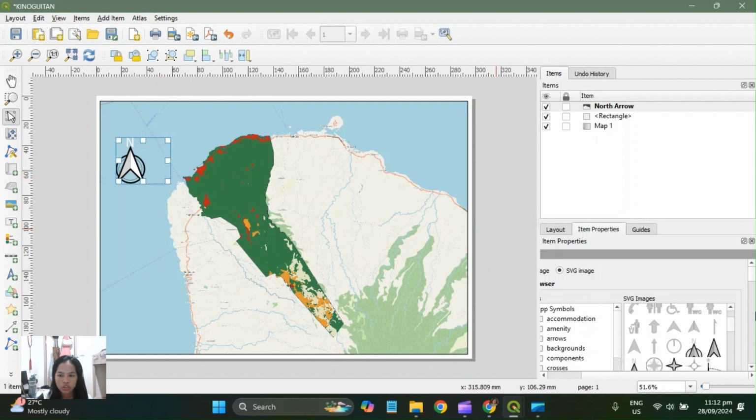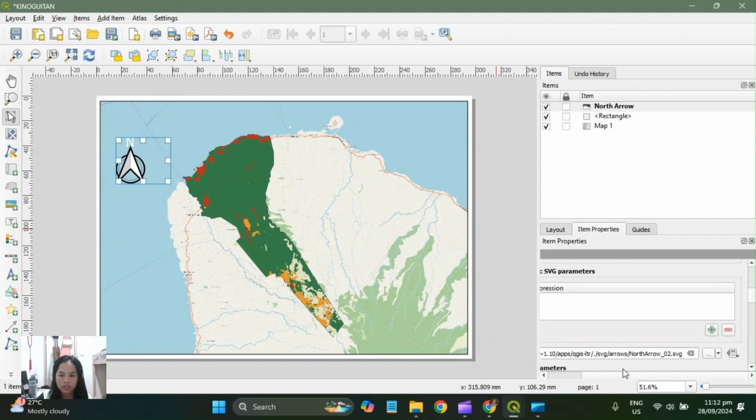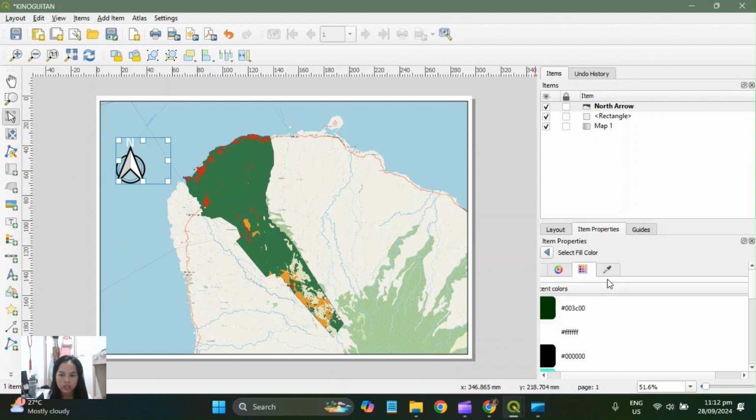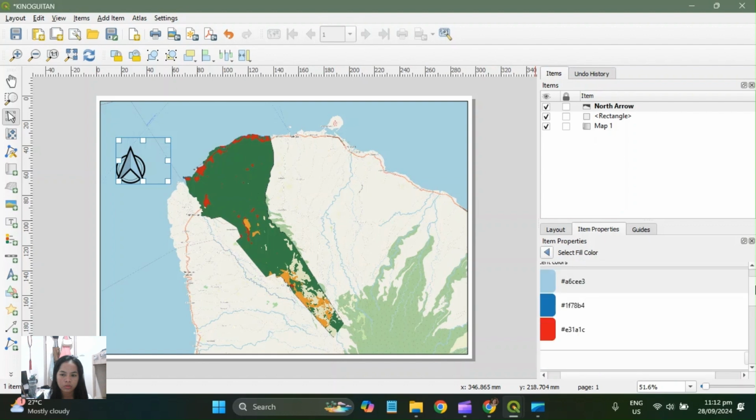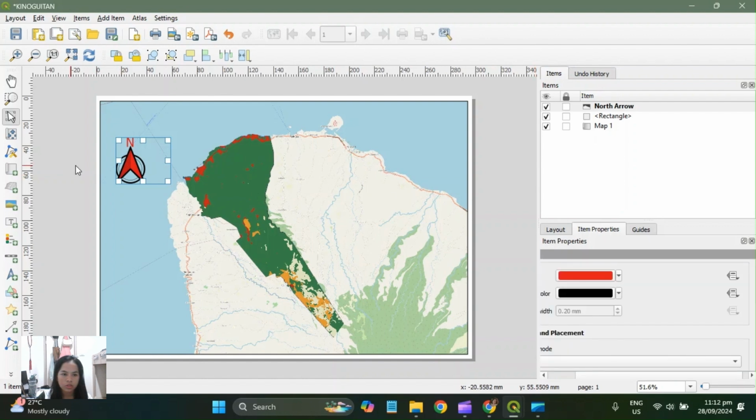And then you can change its display or its colors, like green, blue. That would be good. After that one, let me resize it.